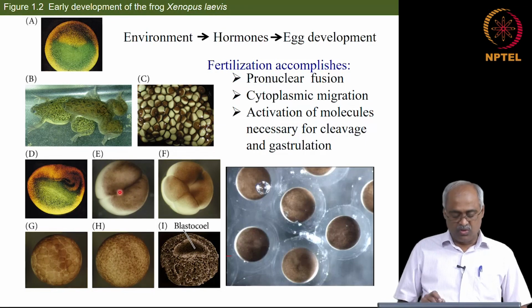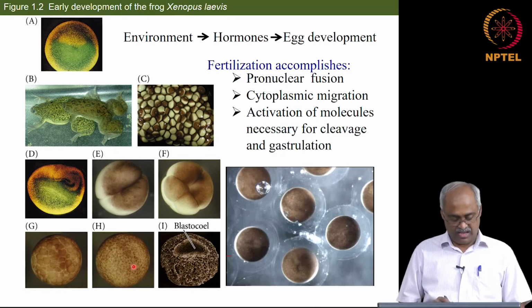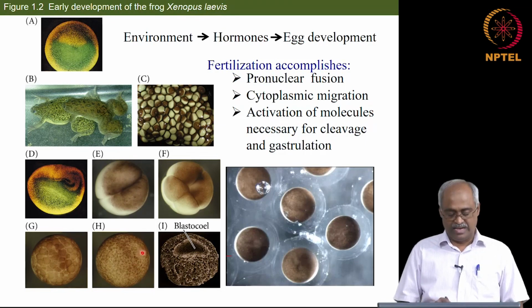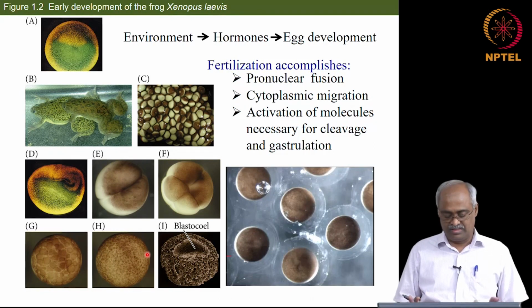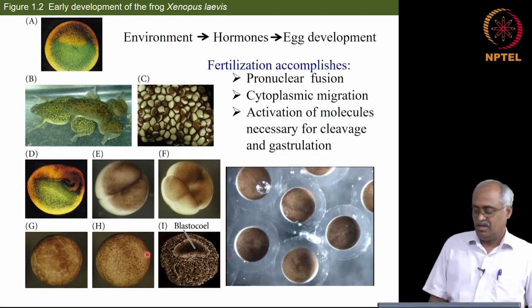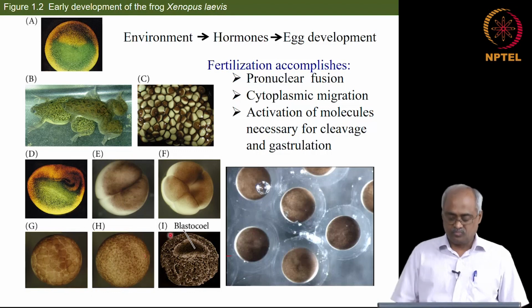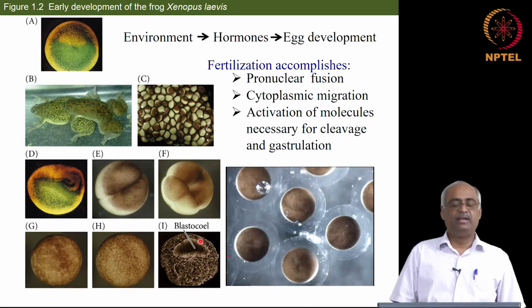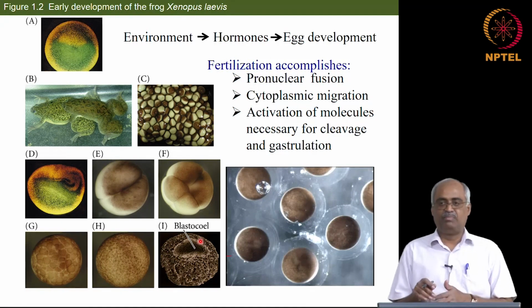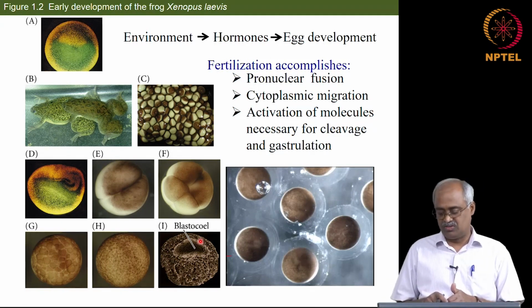So, it goes on E, F, G, H. It is a late stage H, where the blastula is a late stage blastula. And then during this process a cavity forms too. So, this is a dissection of that embryo revealing a cavity formed inside called blastocoel, and that helps in migrations that happen at a later stage during gastrulation.